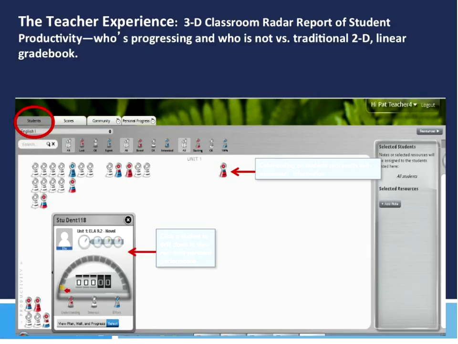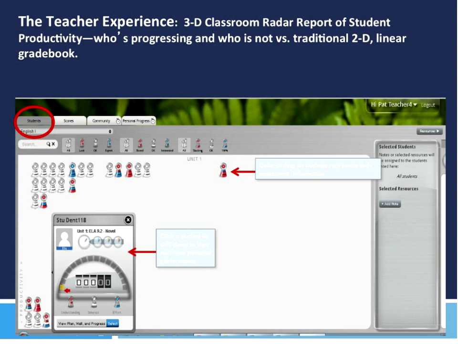Moving on, taking a quick look at the teacher side, rather than just a paper-pencil grade book, we use more of a radar report that gives teachers a sense of who's moving and who's not moving. The color shows their daily self-assessment, so teachers can filter on who's lost or who's slacking or who's bored, for example, or who sees themselves as an expert and can help in a service capacity with other students.